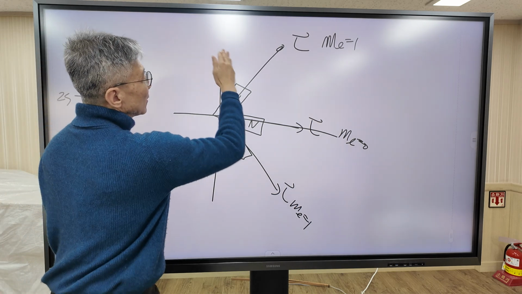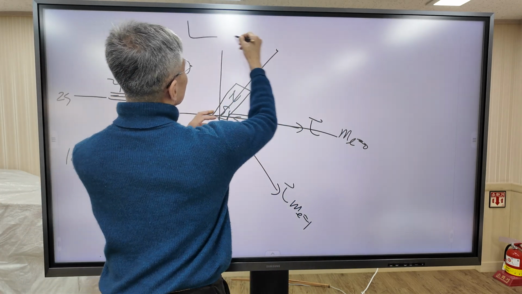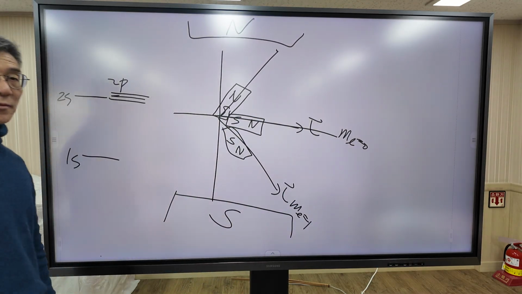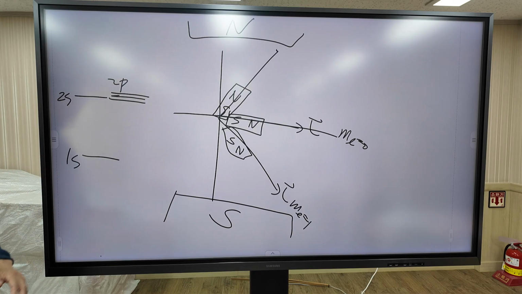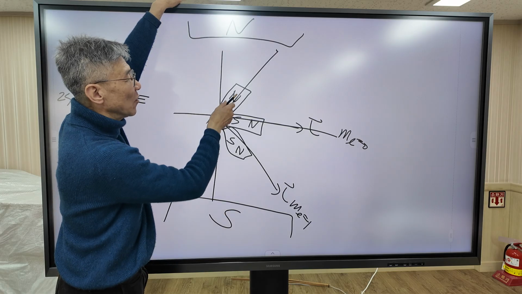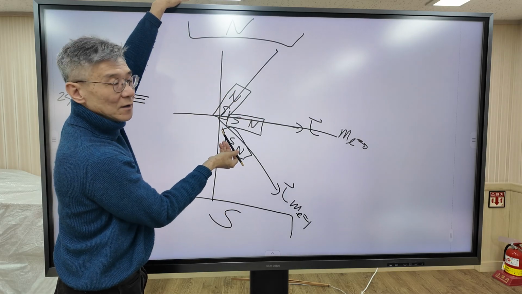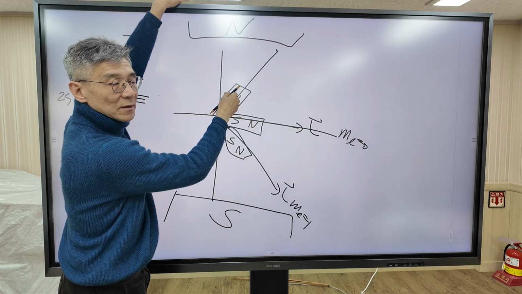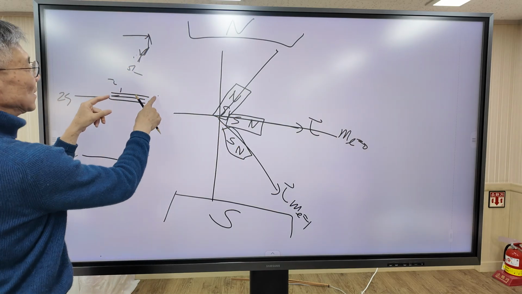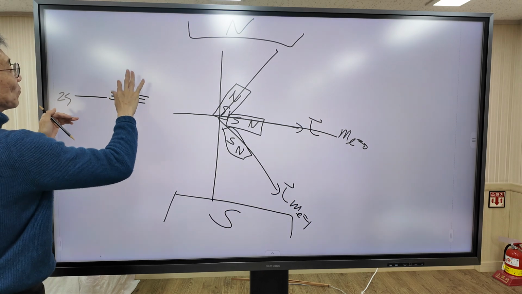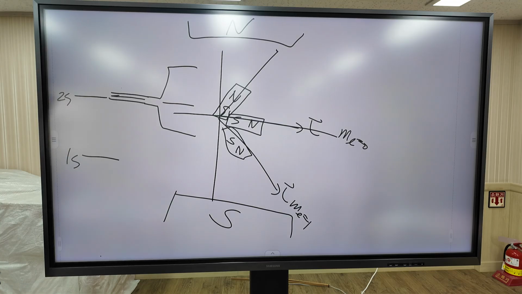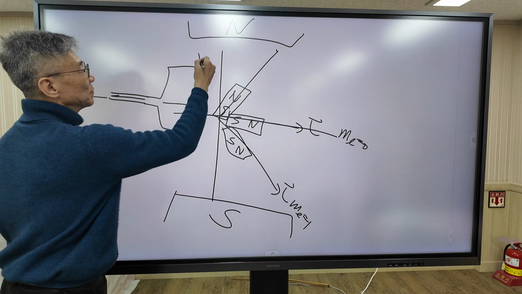But when a strong external magnetic field is applied, the situation is different. Given the external magnetic field, the energy depends on the orientation of the magnet. This one feels repulsion. This one experiences attraction. So these energies are no longer the same. The energy level splits according to the ml quantum number.